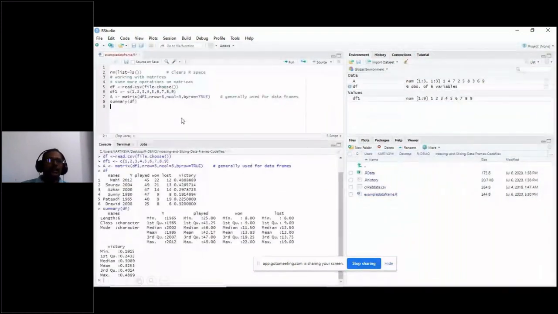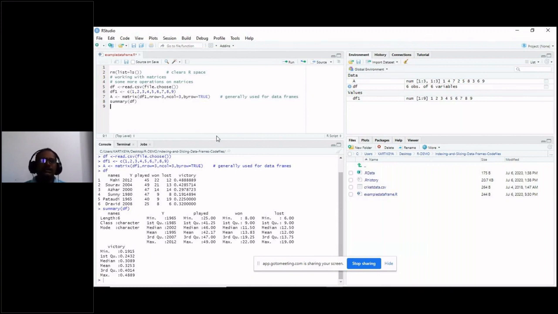Right, and another important syntax which we want to use with respect to matrices is a command called summary. So as I said before, R is a software package which is designed for statistics. Okay, so in general, from a data, most of the cases we are using numerical data, say banking sector or financial sector, the data sets are numerical data sets.